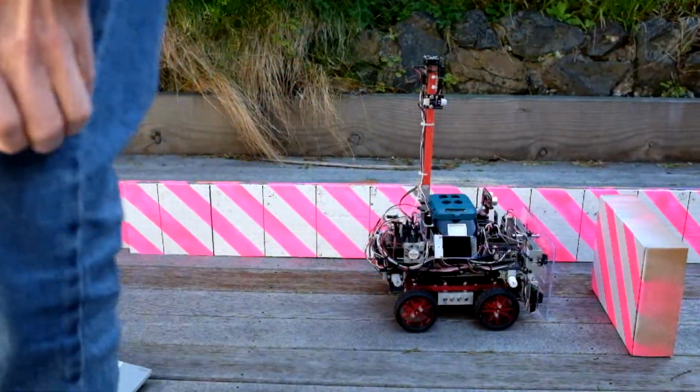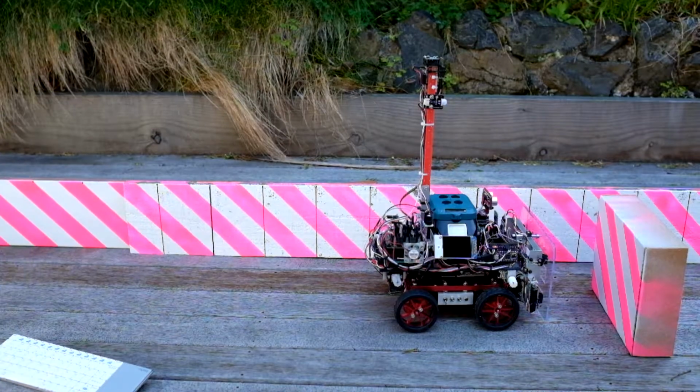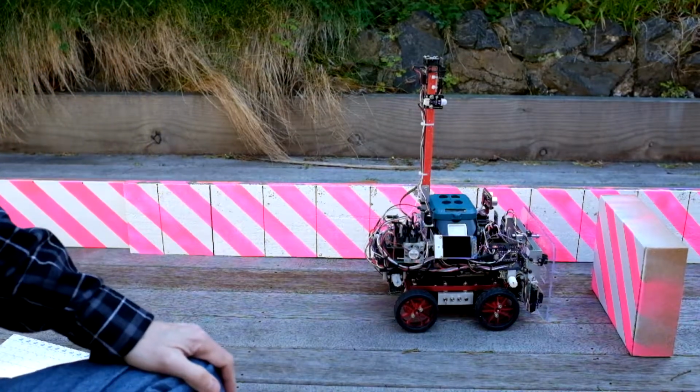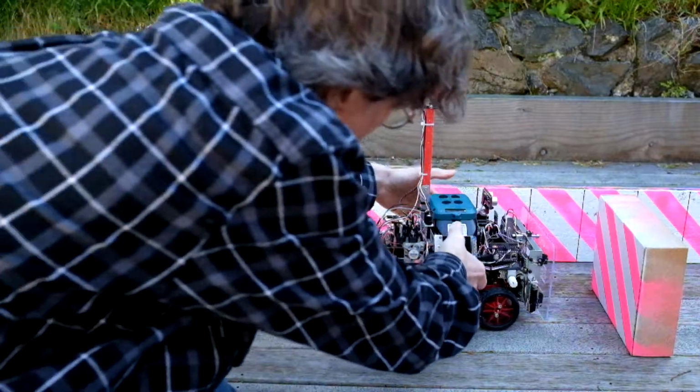That looks a little bit closer than 25 centimeters. So we clearly have a bit of tuning to do, but this does seem to work just fine as a single behavior. I guess the next thing would be to look at an avoidance behavior. But for now,